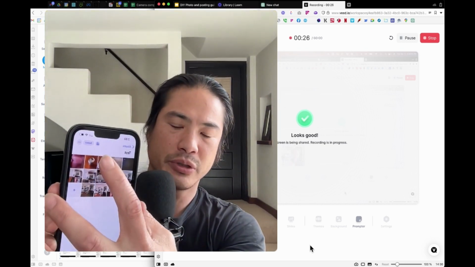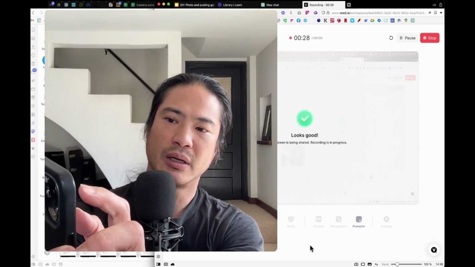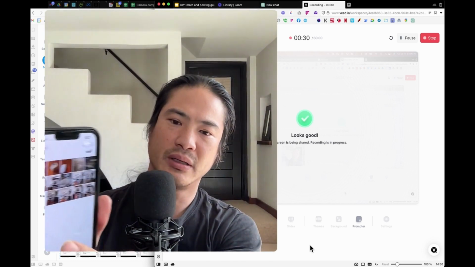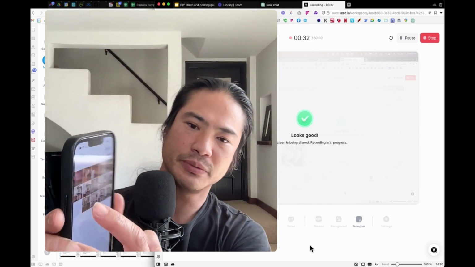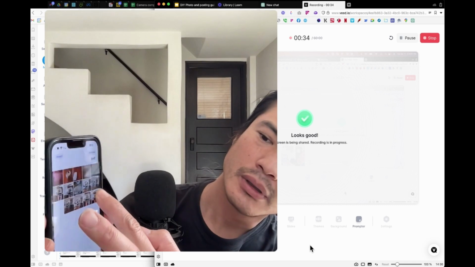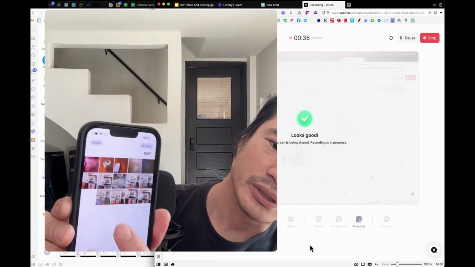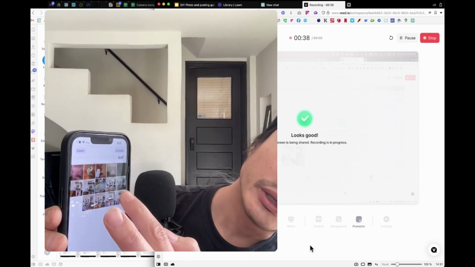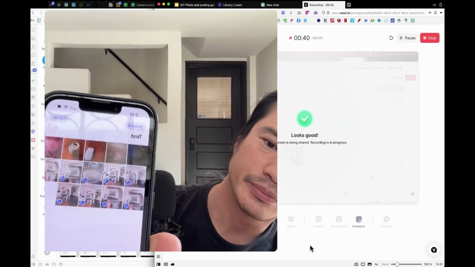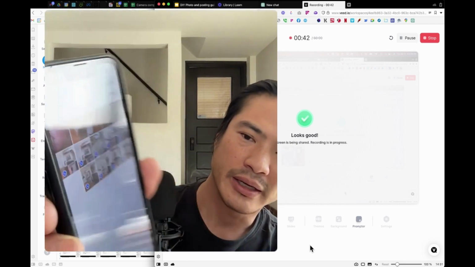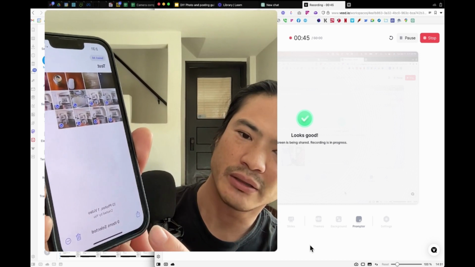So up here in the corner, you'll see select. I'm going to tap select, and now I can drag my finger to select multiple. Sorry, starting with one image, then I'm going to drag to select multiple. Okay, can you see that? And now I'm going to just hit this button down on the bottom,